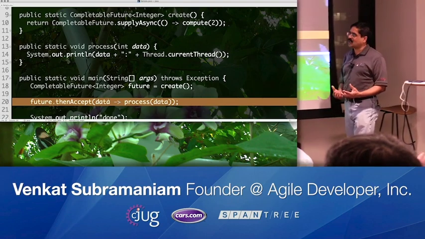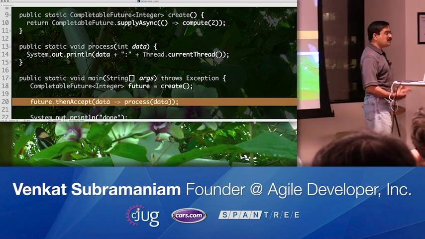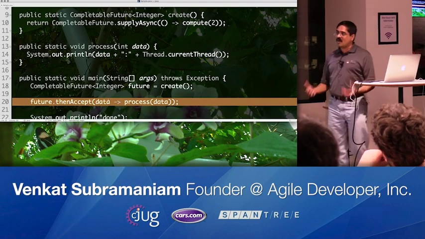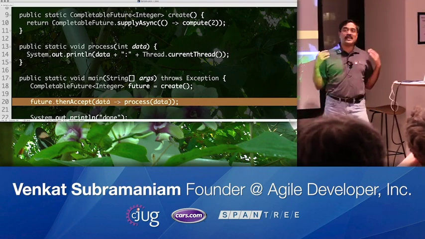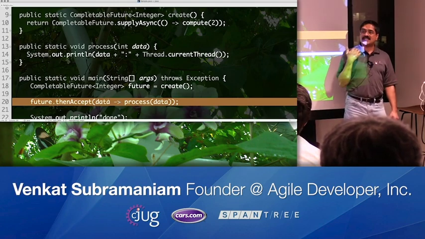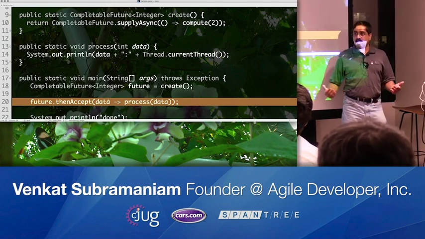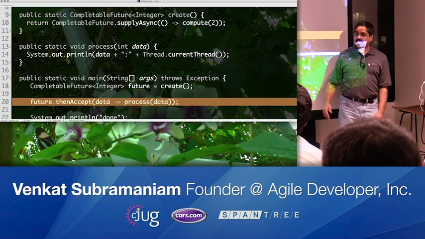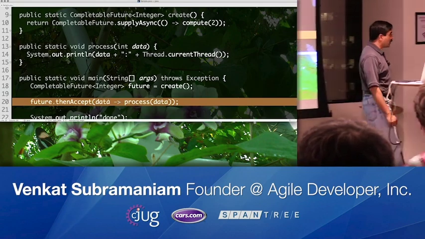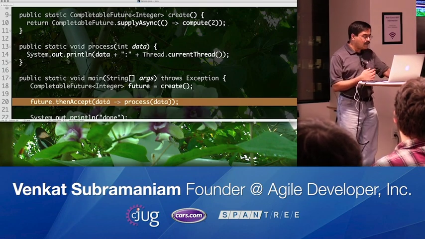The point I'm getting to is we should really not poke around with threads, because if we make an assumption that it's in a different thread, we would be wrong at least a number of times. So it's important to keep in mind that this is truly non-blocking. Non-blocking doesn't mean you are multi-threaded. Non-blocking doesn't mean you are in a different thread. Non-blocking simply says you're not going to block and wait for no good reason. So that doesn't mean it'll be in a different thread. It could be in the same thread as we saw in this particular example. That's potentially possible as well. So that gives us an idea about the threading.